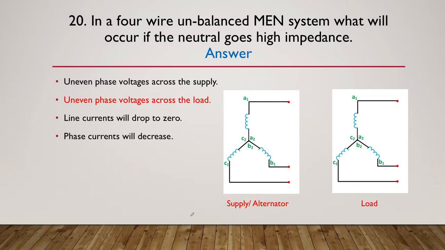And I'll show you where many students choose this one. The alternator here, our supply, is being run by the generators and it is never going to change. But if we have a broken neutral here, and even though we've got these still connected up, A to A, B to B, and C to C, by breaking the neutral here, we're going to end up